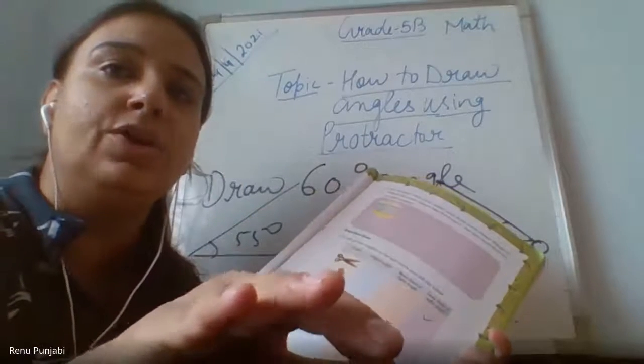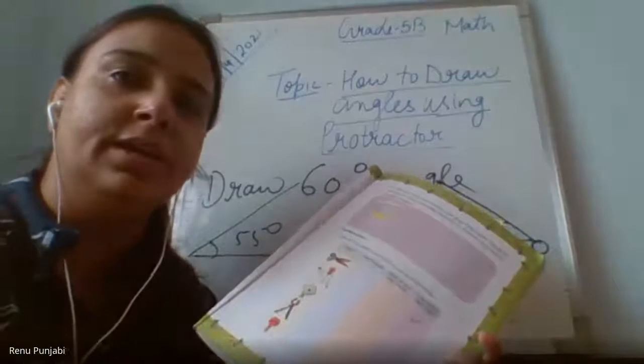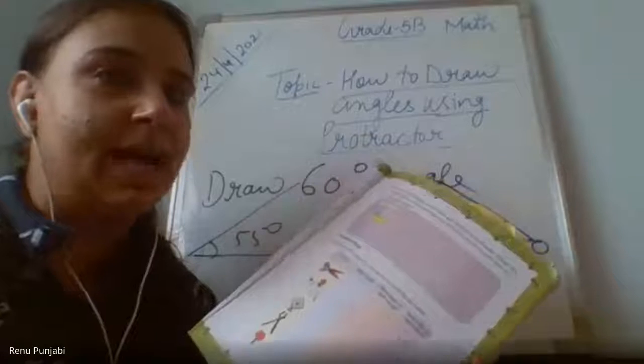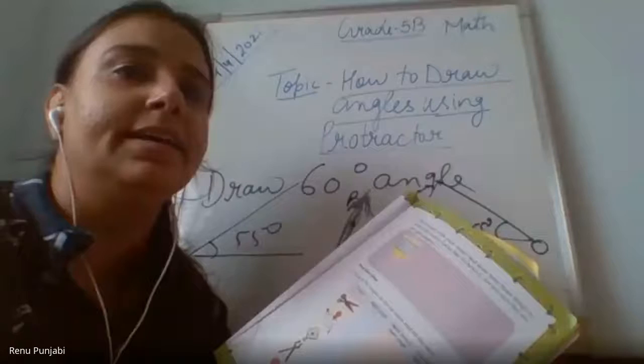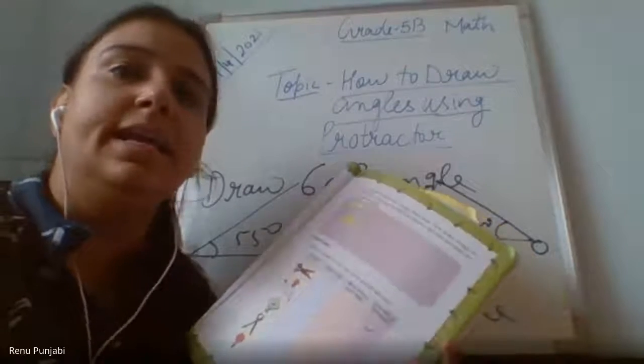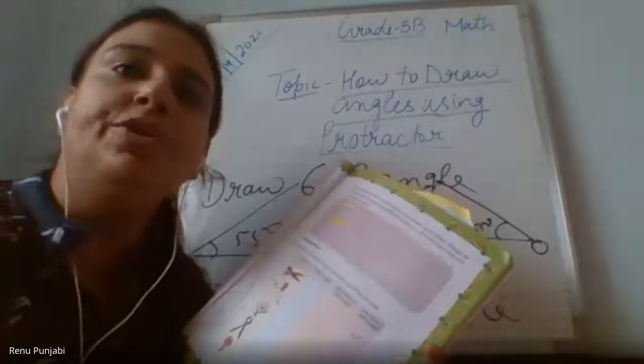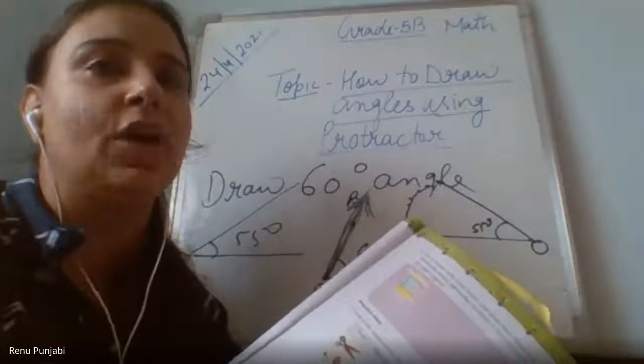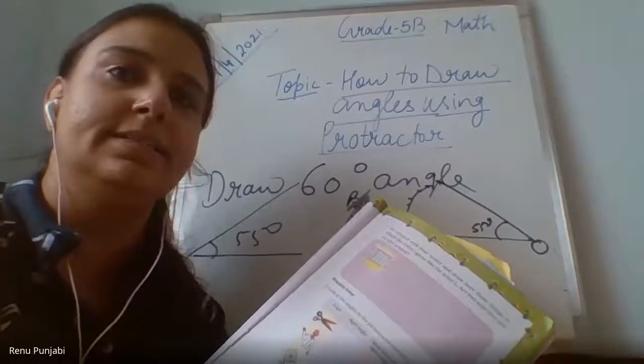Redan, your mic is on. You want to ask something from me? Yes, ma'am. Please ask. Ma'am, if the answer is 90-degree angle, will it be obtuse angle, acute angle, or right angle? Right angle. Yes, sir. Right angle is 90 degree. Obtuse angle is always greater than 90 degree. Acute angle is always less than 90 degree.